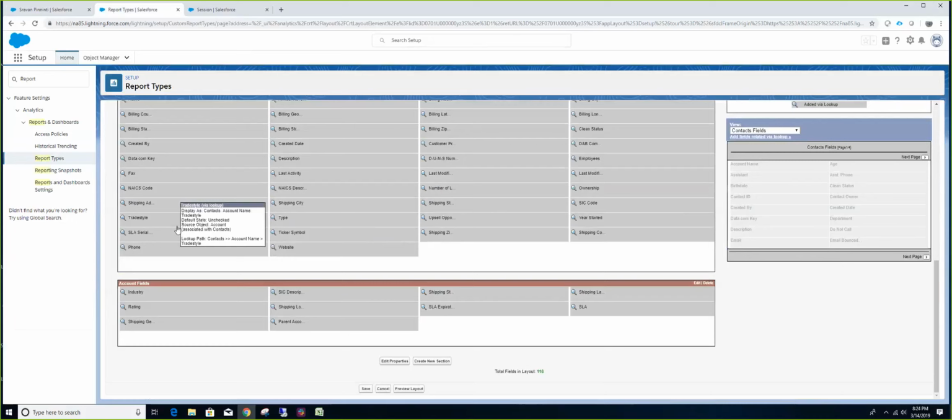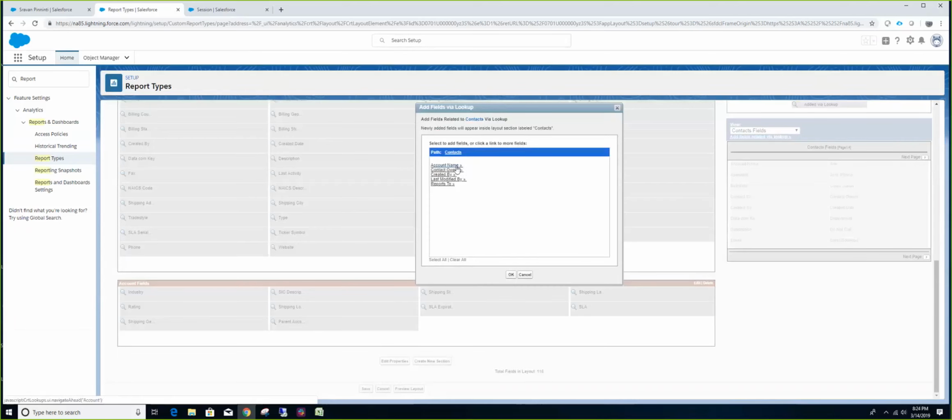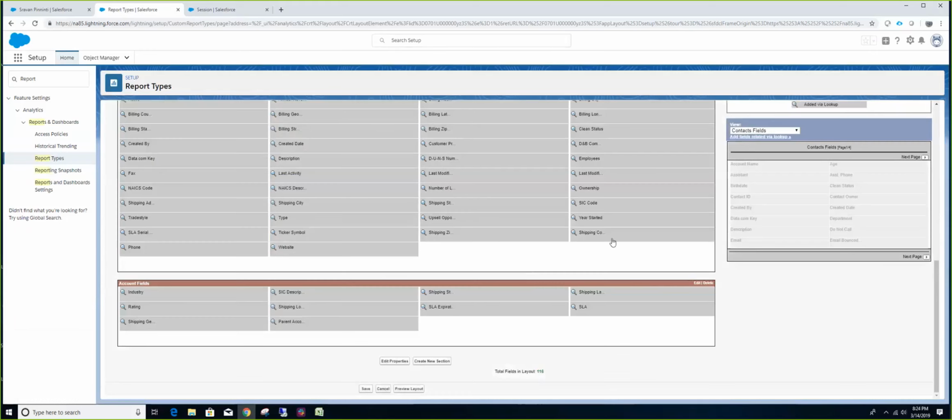Whereas if you create a custom report type, you can always use this add fields related via lookup feature, add those related object fields. Like, if account is related to something, you can travel to account, and then you can also grab the user fields. I think you can travel 4 or 5 levels deep to be able to get those fields and then create a report type out of it. So that way you will avoid creating a lot of formula fields.